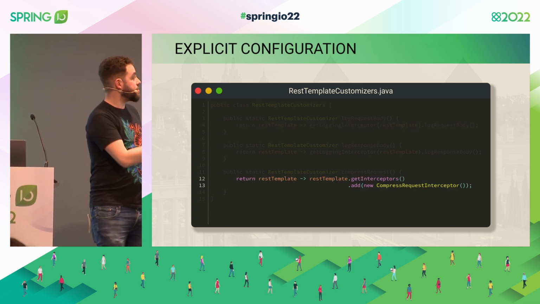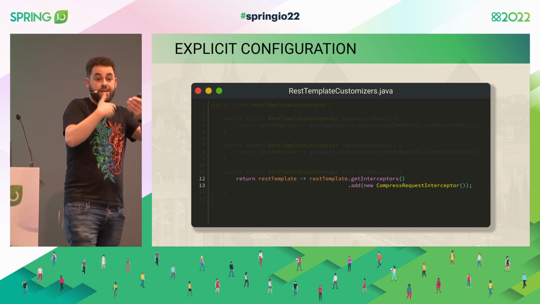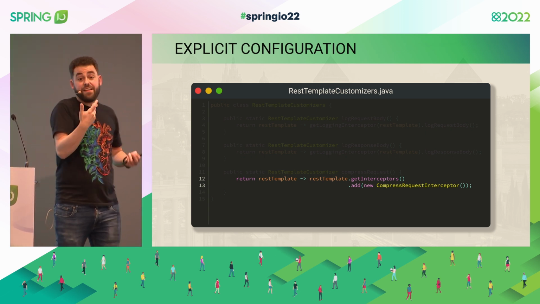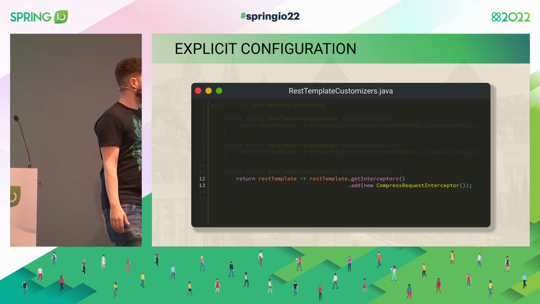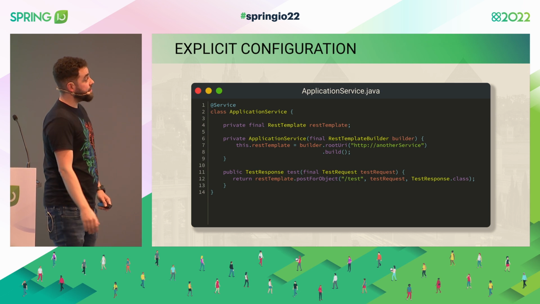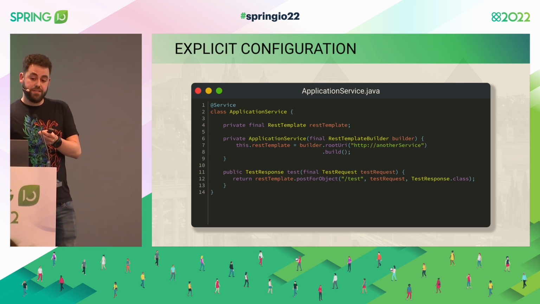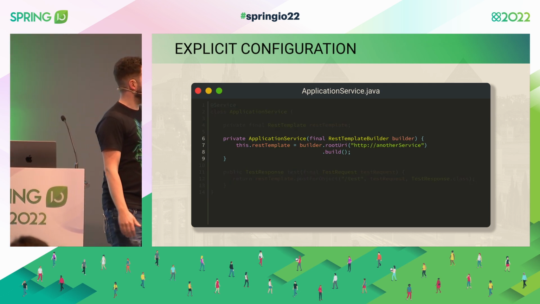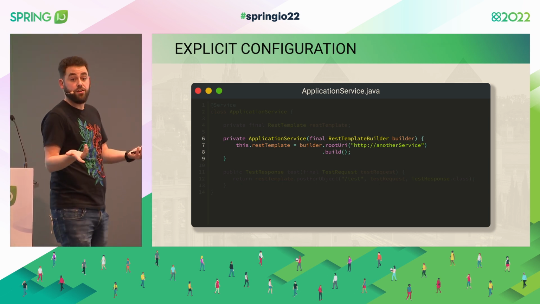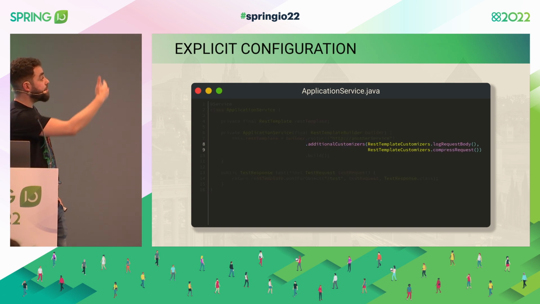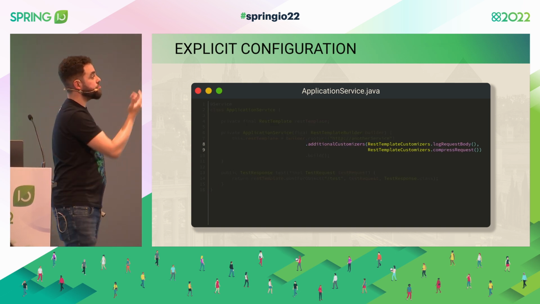Done. In other scenarios, we might just want to interact with the chain of interceptors and add a new one, because now we want to compress the request, for example. Again, all possible. And then it's very cool because we have this live documentation. So this would be a normal call. And now let's say that I want to customize the default behavior. I want to add some stuff like logging the request. As I build the call, I just add these additional customizers.